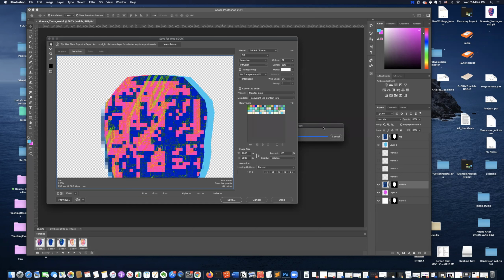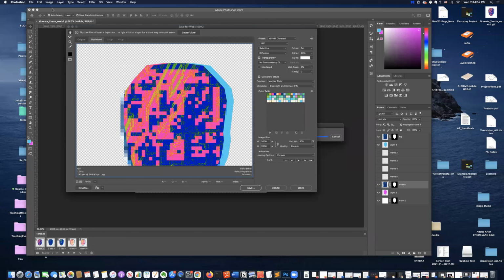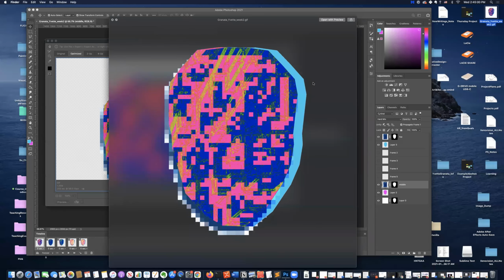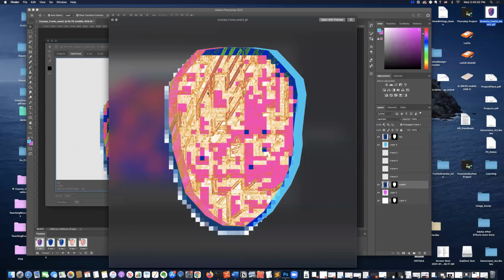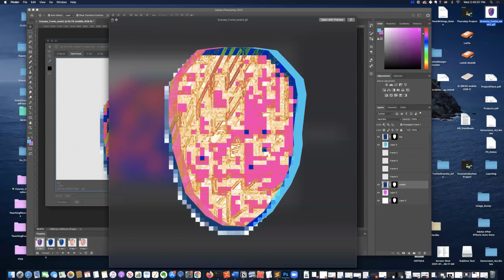Okay, so I saved it to my desktop. I don't know why this thing is stuck here, this thing that says progress, but won't let me close. But here it is on my desktop. If I hit the space bar, now there is my animated GIF using different layers and layer